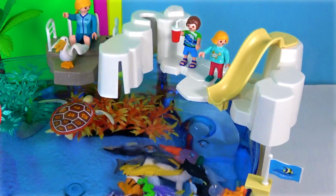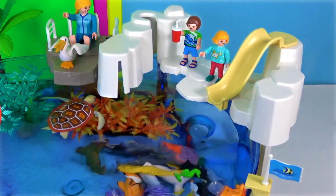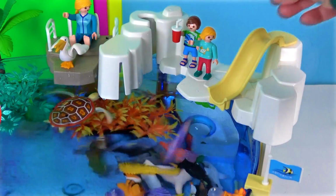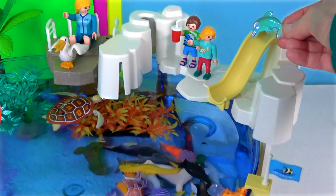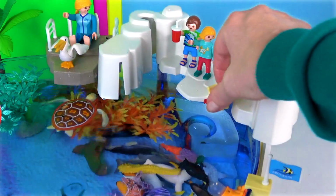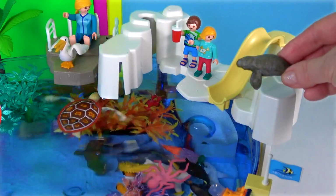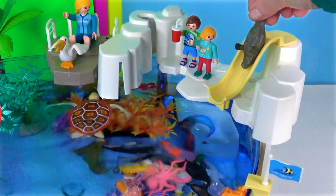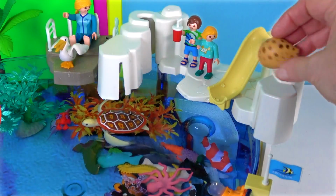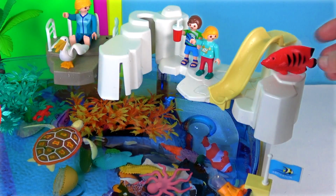a penguin, a walrus, in you go, and here's a sea lion, a pink starfish, a green dolphin, a red lobster, come on, a pink octopus, a manatee, a clownfish, a cowrie shell, an angelfish,